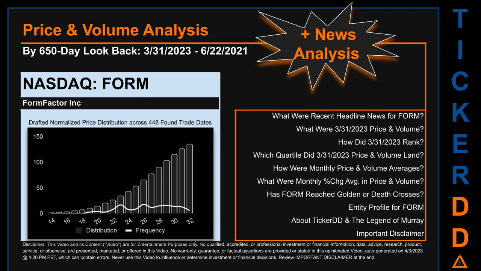The chart shown on this page is our initial attempt at studying the price for FORM after dynamically normalizing price distribution across those discovered trade dates. The bar chart is the generated distribution and the overlaid line graph, if it is generated, is the frequency of the prices on the x-axis. We will enhance this look-through as our AI model progresses in the next iteration.